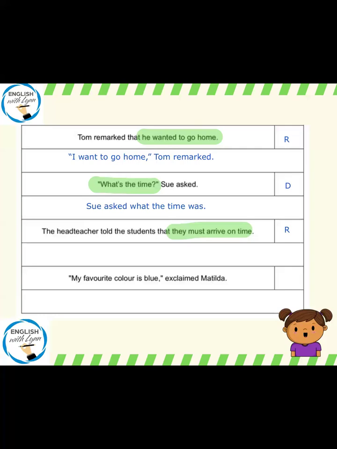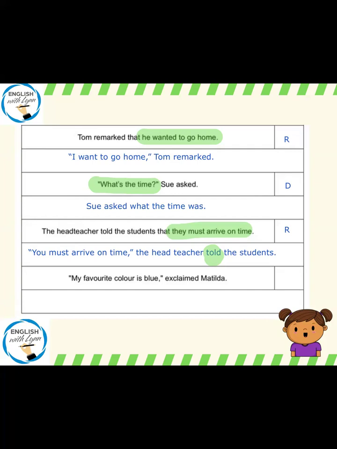So the head teacher told the students. And what you might decide that you want to do with that particular one, the word told, you might want to change the speech verb in there. So you might say that the head teacher said to the students or the head teacher explained to the students. So it is possible that you can change that speech verb in there. The last one,